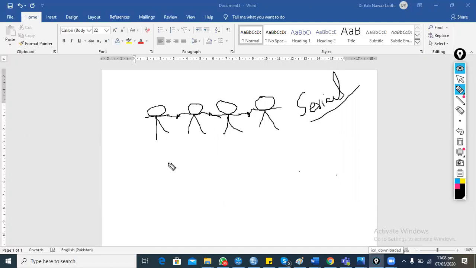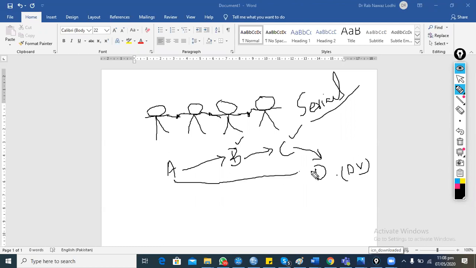So serial mediation or series of mediation means if A is the independent variable, it affects B, and then B affects C, and C affects D, and D is the dependent variable. If D is the dependent variable, then now there are 2 mediating variables. One is B and one is C. So we need to check the relationship of A on D. So this particular concept is called serial mediation.